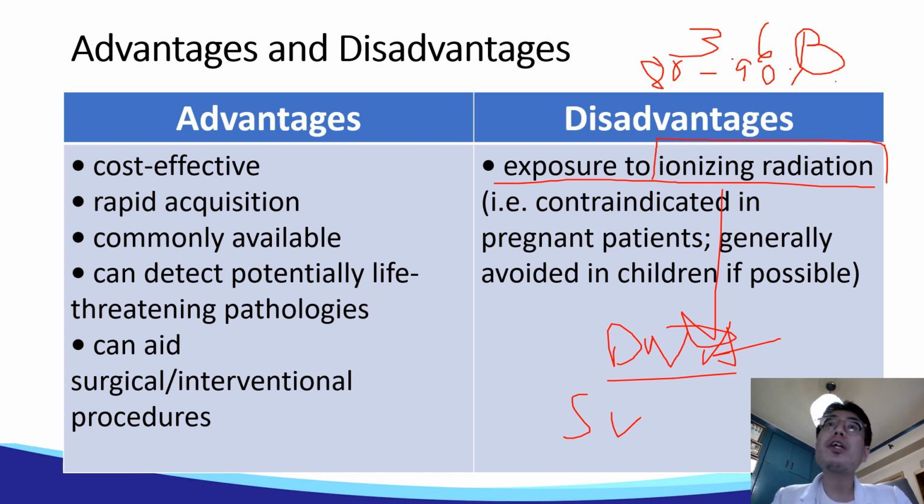The limit for the general public is 1 millisievert per year. As a matter of precaution, nonetheless, X-rays are contraindicated for all pregnant patients and, unless extremely necessary as when ruling out a fracture, also best avoided in children because the small amount of ionizing radiation may interfere with the normal growth of the bones.